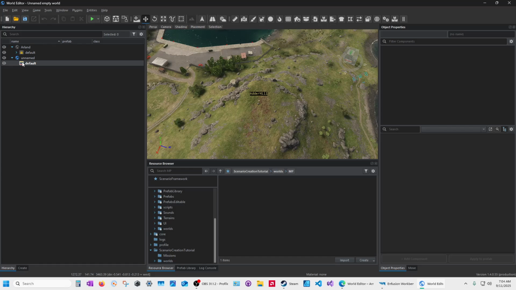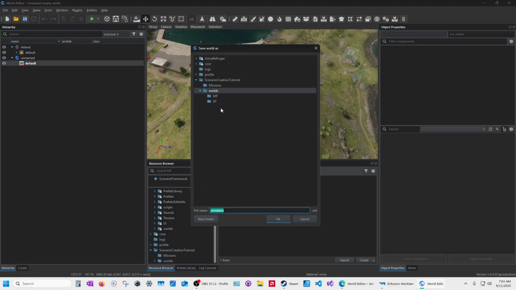All right, so let's check time, 30 minutes. Yeah, we're very close. So at this point, we can save our world and give it a name. We haven't added anything, but we can save it. So we're going to hit Save World, and inside our folders, we have multiplayer and single player folders. This is going to be a multiplayer scenario. It's not going to be a single player, so we're going to leave it at that. Go into the multiplayer folder,